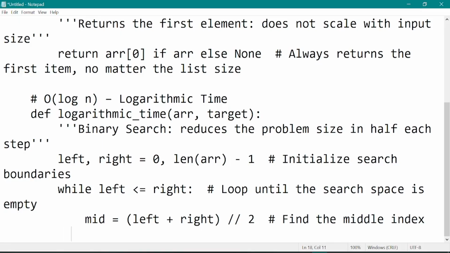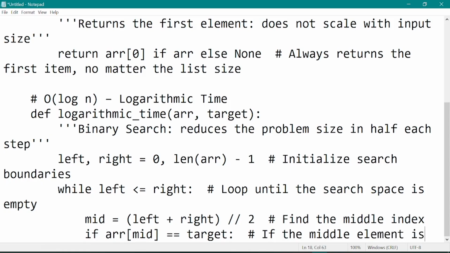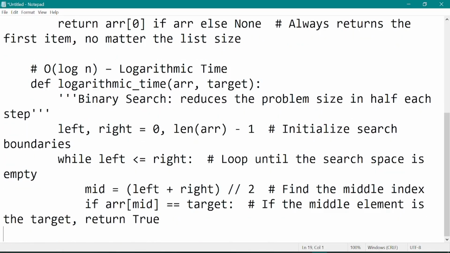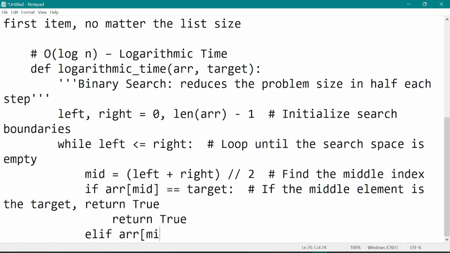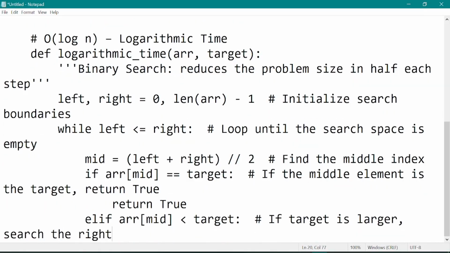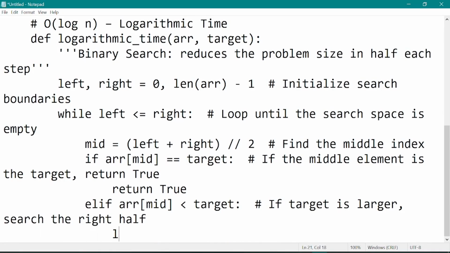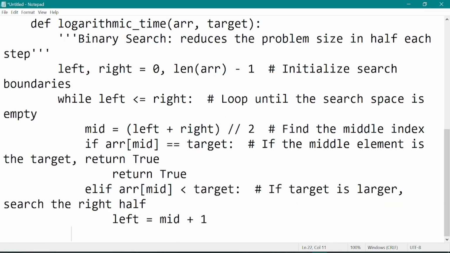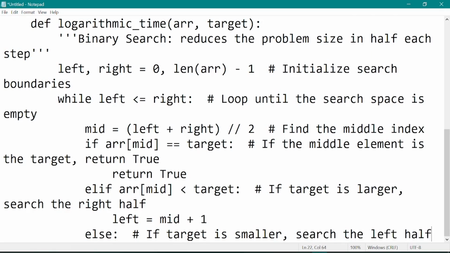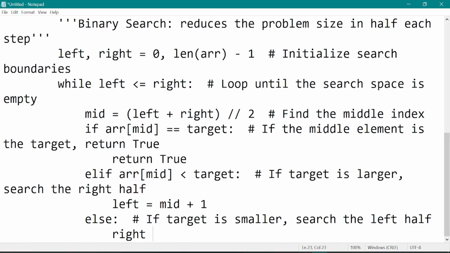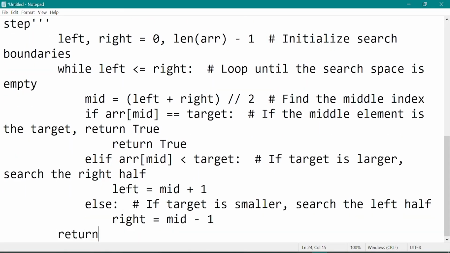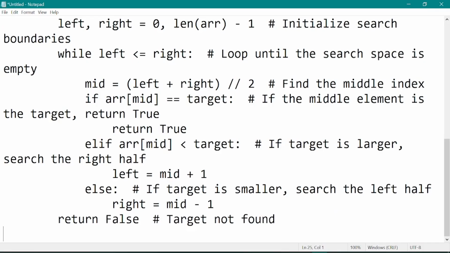We need to find the middle index this time, and therefore if array[mid] is equal to target, this means that if the middle element is the target value, now we need to return True. And elif, if that is not true, array[mid] less than target, so that is if target is larger, we need to search the right half. So we write left = mid + 1. Else, if target is smaller, so we need to search the left half, and right will be mid - 1,